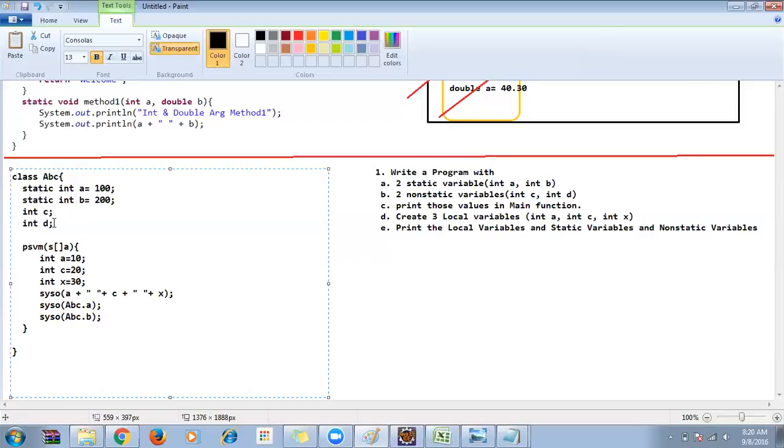Then non-static variables. How can I print non-static variables? I need to create an object. So ABC obj1 equal to new ABC. Okay, for static variables, one more thing I can do like this also. How can I print it? Static variables, so A plus